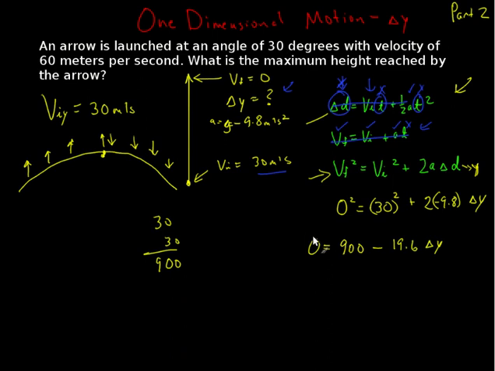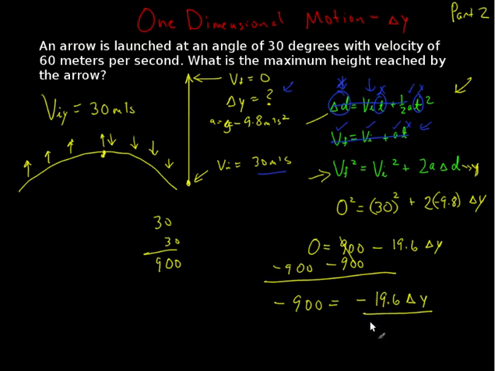At this point, we're going to take our 900 and get it to the other side. So we subtract 900 from one side and the other. This cancels out, and we end up with something that looks like negative 900 equals negative 19.6 times the change in y. We have to get rid of this 19.6, so we divide by negative 19.6. These are going to cancel out, and what we do to one side of the equation we also do to the other. Negative divided by negative is going to become positive,